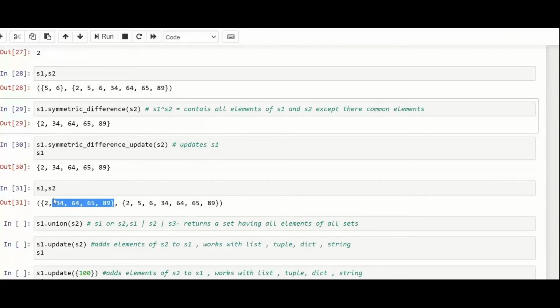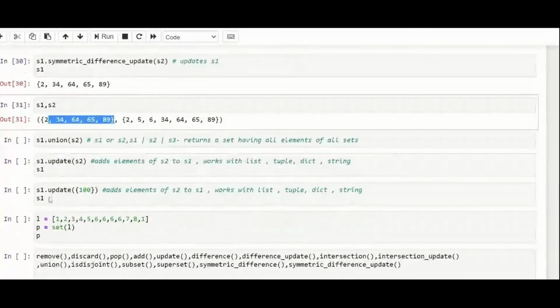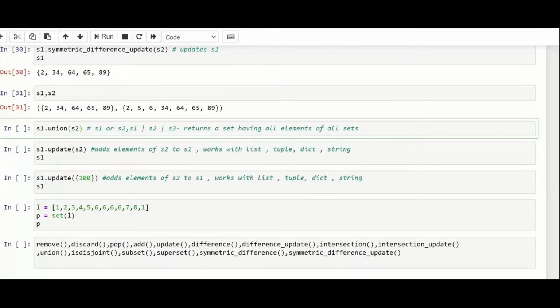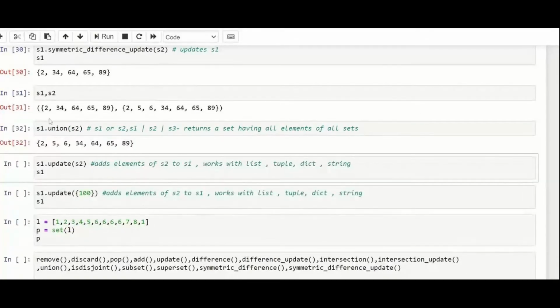Now moving to our next method of set, we have the union method, which Sahil you were asking for. Union returns a set having all the elements of all the sets. If I do S1.union(S2), it will give me all the elements; it combines all the sets and gives their unique values.